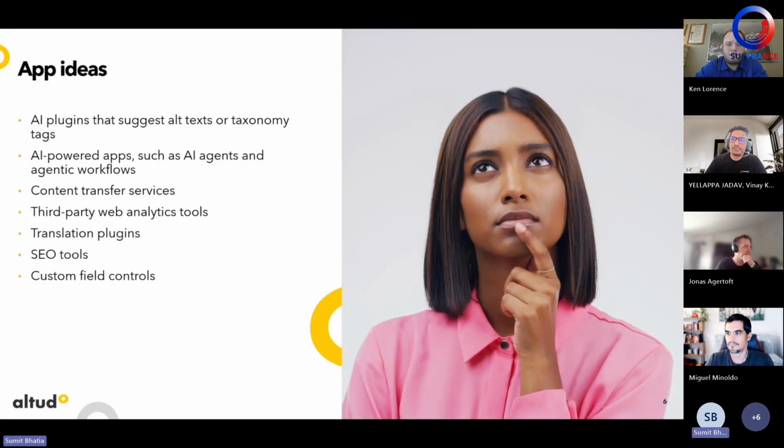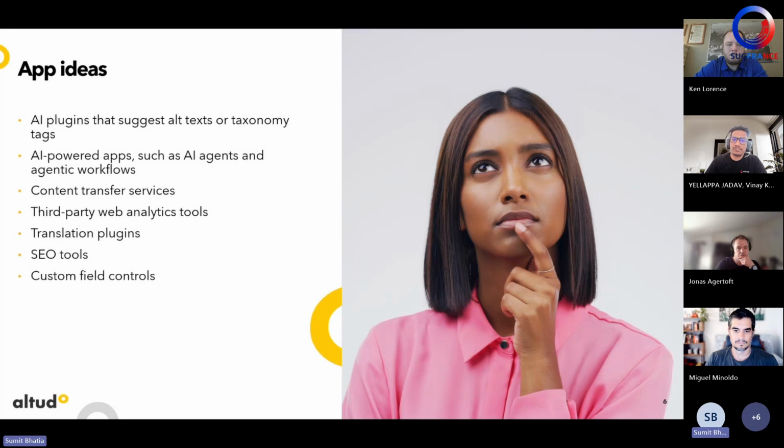Now I'll discuss app ideas for developers. As developers, one of the first questions is usually what kind of apps we should build. The best marketplace apps are the ones that actually resolve business or operational challenges. So before starting development, it's important to identify the pain points within your organization or the customer that you are dealing with, and their workflows, and think about how your app can improve their efficiency.